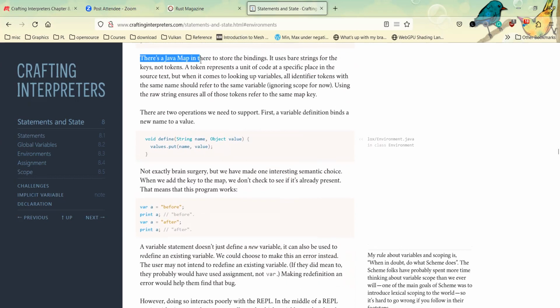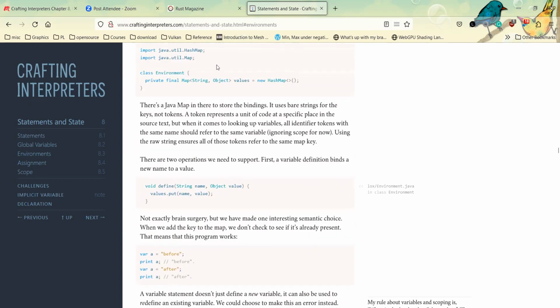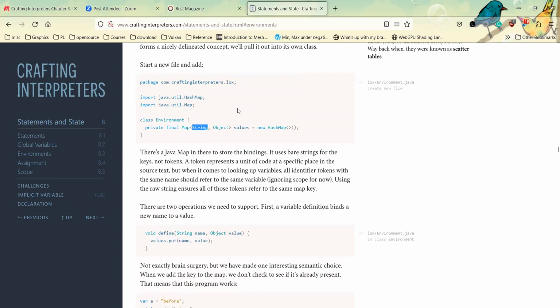There is a Java map in there to store the bindings. It uses strings for keys, not tokens, because tokens store some additional information that is not needed for the key, and also tokens are not unique. We can have multiple tokens at different locations refer to the same identifier.